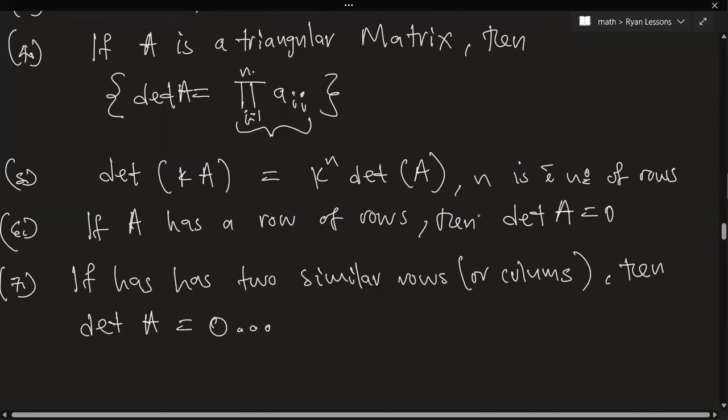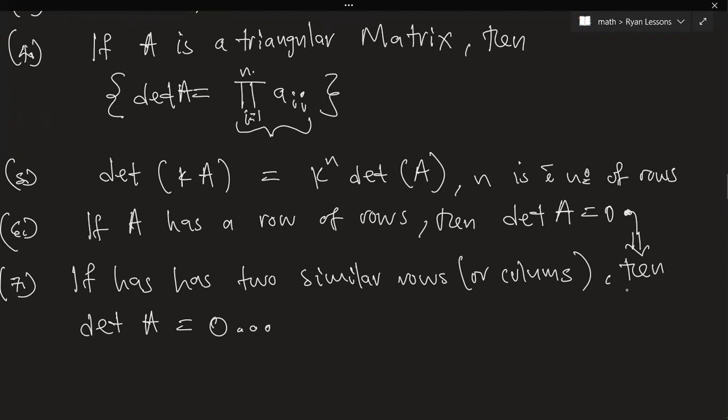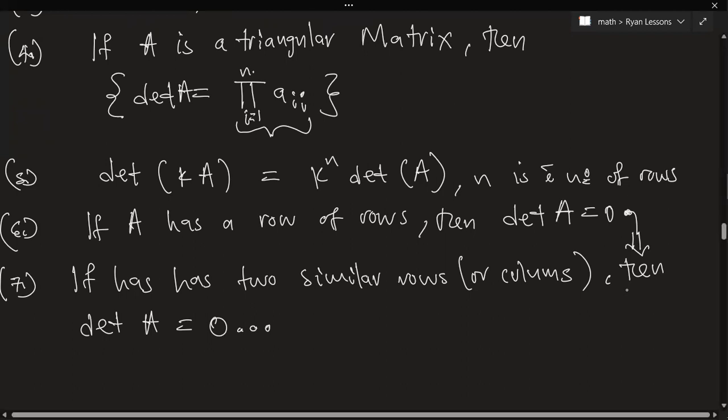Do you actually see that 7 is a consequence of 6? This actually implies this. Yes, because you can perform a row operation so that this matrix in 7 has a row of zeros,